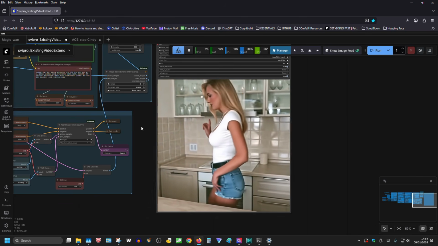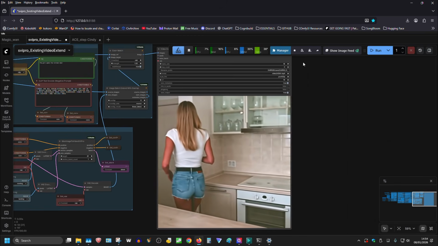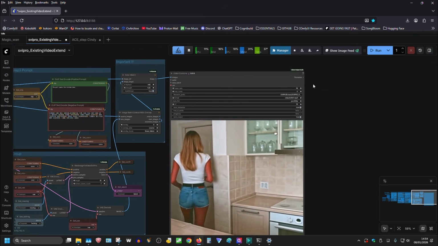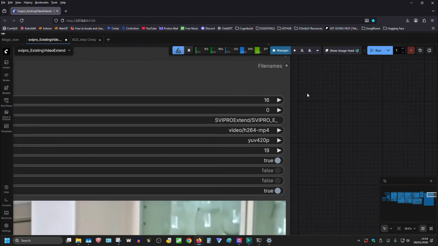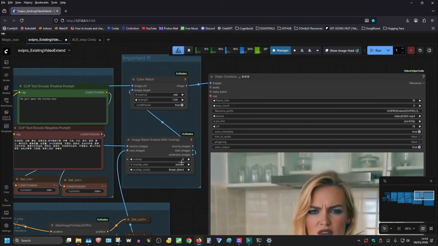It's a bit slow because this is done at 16 frames a second. I should have done it at 24, because I think this runs at 24 being WAN 2.2. There we are, 16 frames. It should have been 24. But